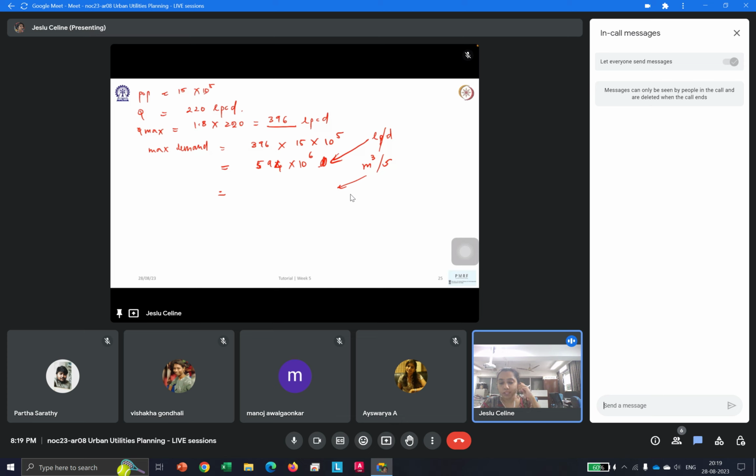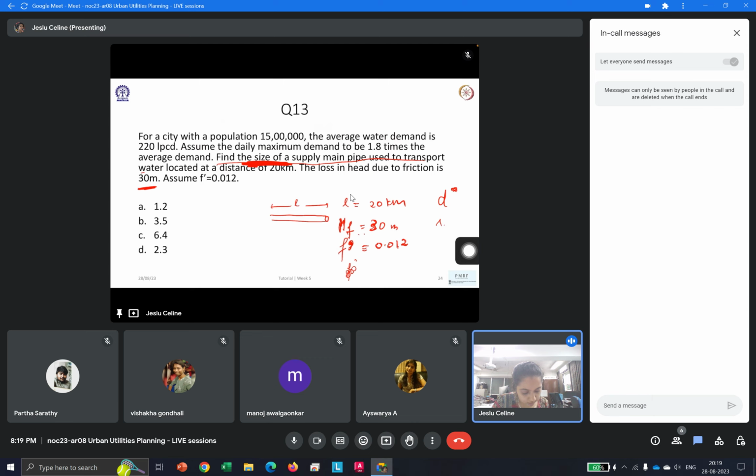When you convert it into meter cube per second, one thing is missed in the question, which is there in the assignment question, but I missed it over here: the pumping is only for 16 hours. It's not a 24-hour pumping. You're only pumping for 16 hours. That's one important factor which we need to consider, which I missed in the question. In the question, there's a statement which says that the pumping is mainly for 16 hours. If that is the case,